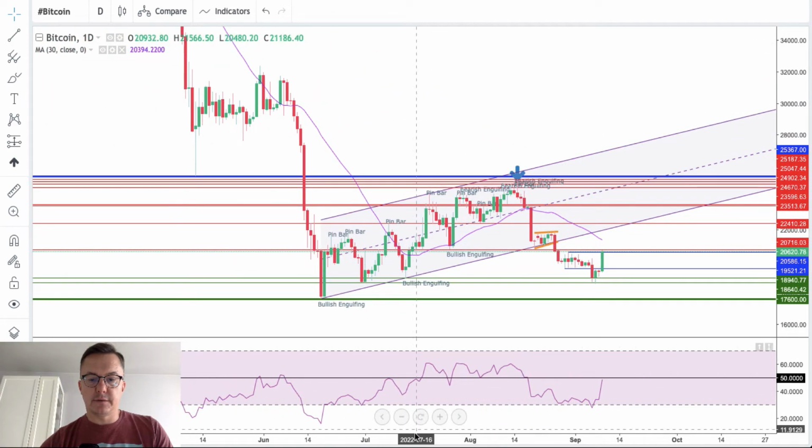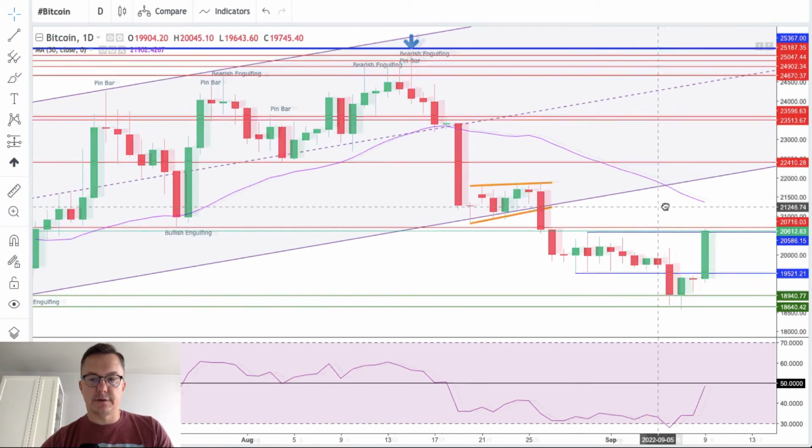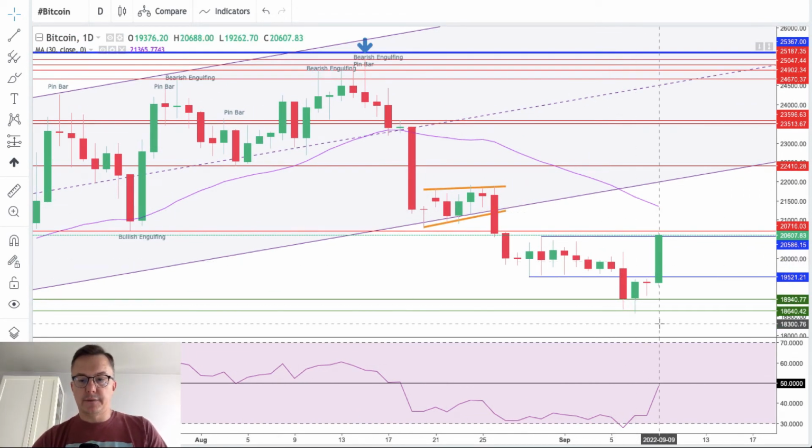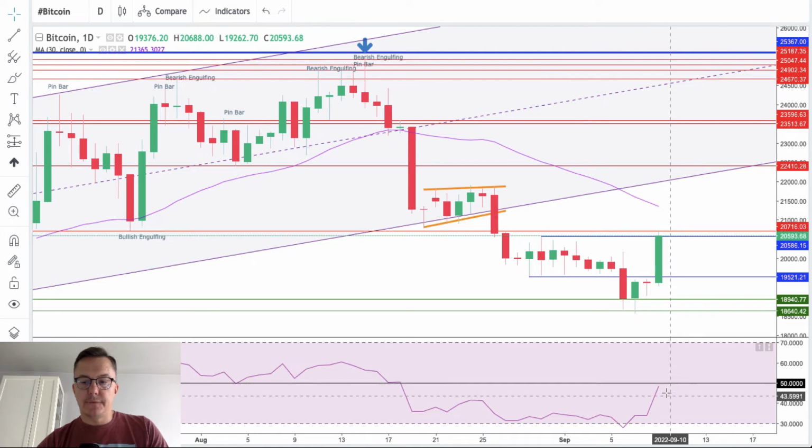Let me just find out where is my, there you go. Recent price action on the Bitcoin is showing a very nice rally after the 18,640 has been hit. So right now we are trending just above the level of 20,000, which is very good. And we should see increased volatility here around this level. So please keep an eye on 20,716, because this is the level where the market might jump towards the level above 50 on the RSI, which is the neutral level, of course. So these are very important levels.